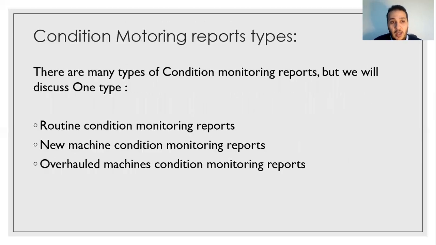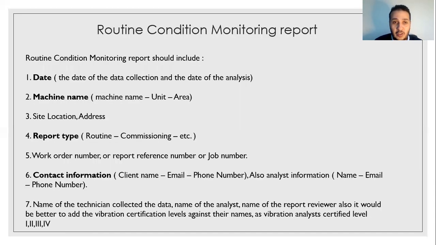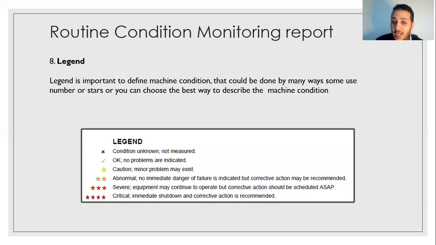machine faults. There are many types of condition monitoring report. We're going to talk about the routine condition monitoring report only. You should include the date, the machine name, area and unit, the report type, whether it's routine or commissioning, and your contact information, like the client, or if you're in a service company, the client name, email, phone number. Also, you should include your information as analyst, like your name, email and phone number, and who is the